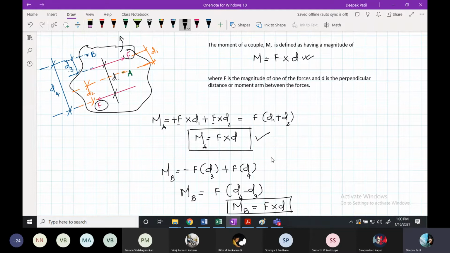So what are these two equations actually telling me? These two equations are telling me that the moment of a couple at any point on the body will be the same. It will not change at all. You take any point on the body, the effect of the couple at that point will not change. If the point changes, the effect of the couple will not change. I mean to say the magnitude and the effect of the couple will not change at all. Are you clear, students? Yes, sir.